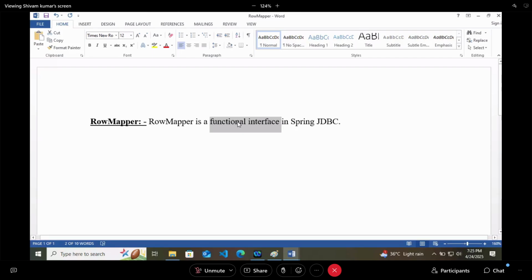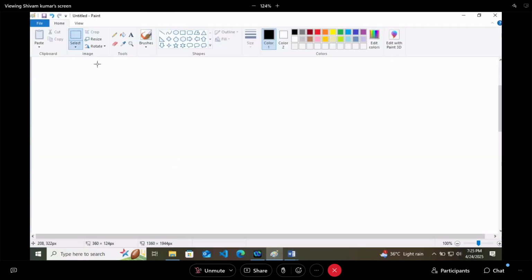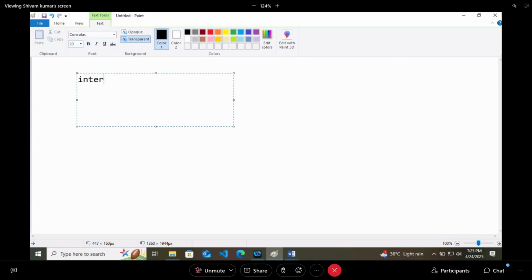Yes. Functional interface means that it will have at least one abstract method, right? Now let's say here I will write a code, interface person.